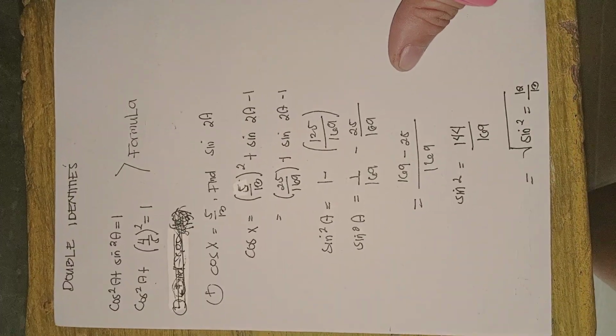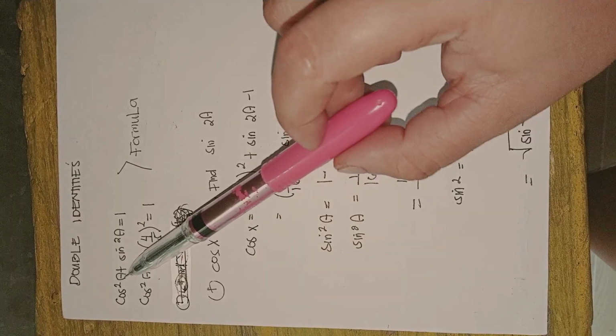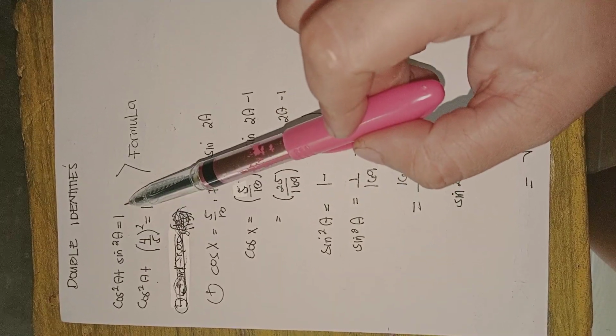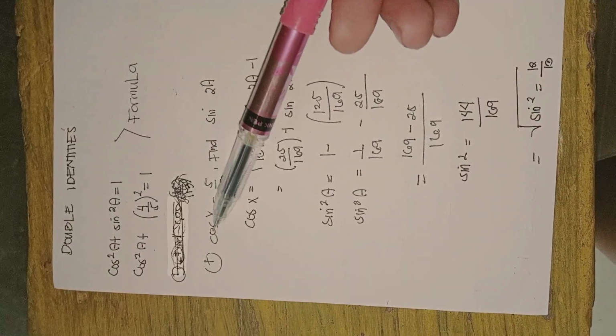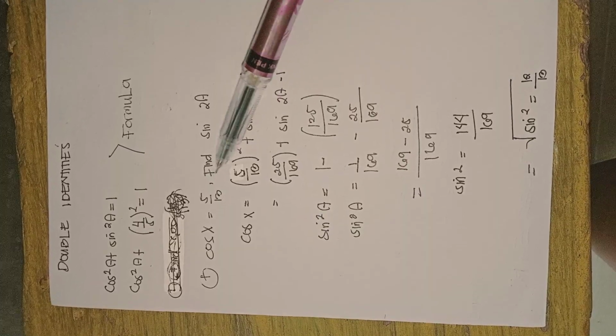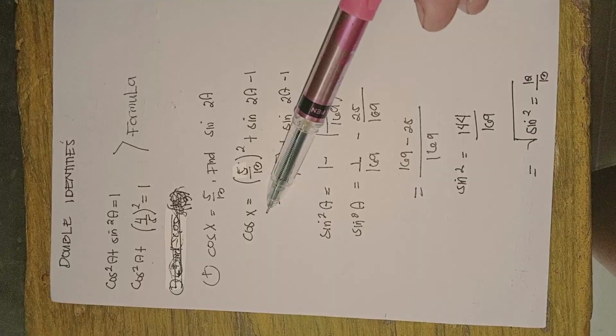Double identities. We have a formula of cosine squared A plus sine squared A is equal to 1. The problem is cos x is equal to 5/13. So find the sine of x. First, bring down the cosine x is equal to